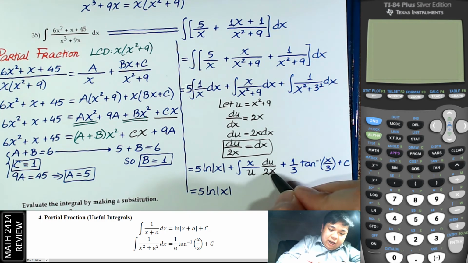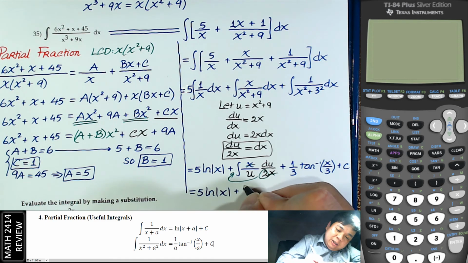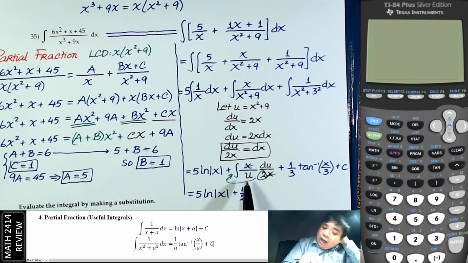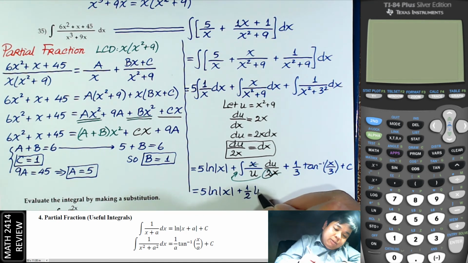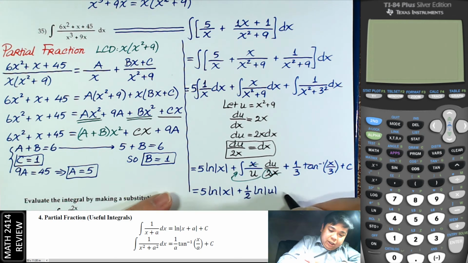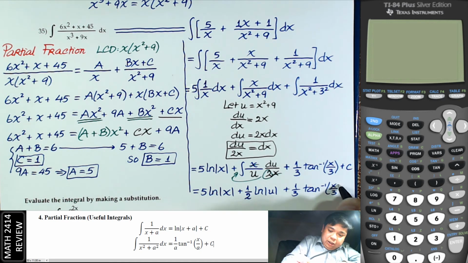Right, x and x cancel out, the 2 we take outside. 1/2, and the integral of 1 over u is ln of absolute value of u, plus 1/3 tangent inverse of x over 3 plus c,